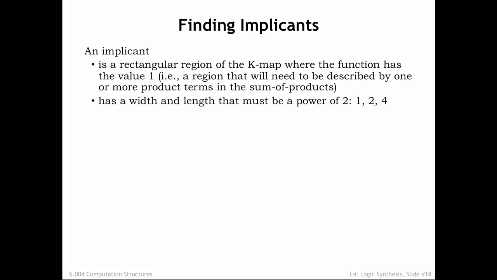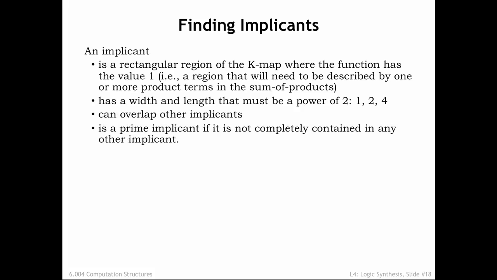We require the width and length of the implicant to be a power of 2. In other words, the region should have 1, 2, or 4 rows, and 1, 2, or 4 columns. It's okay for implicants to overlap. We say that an implicant is a prime implicant if it is not completely contained in any other implicant. Each product term in our final minimized sum of products expression will be related to some prime implicant in the